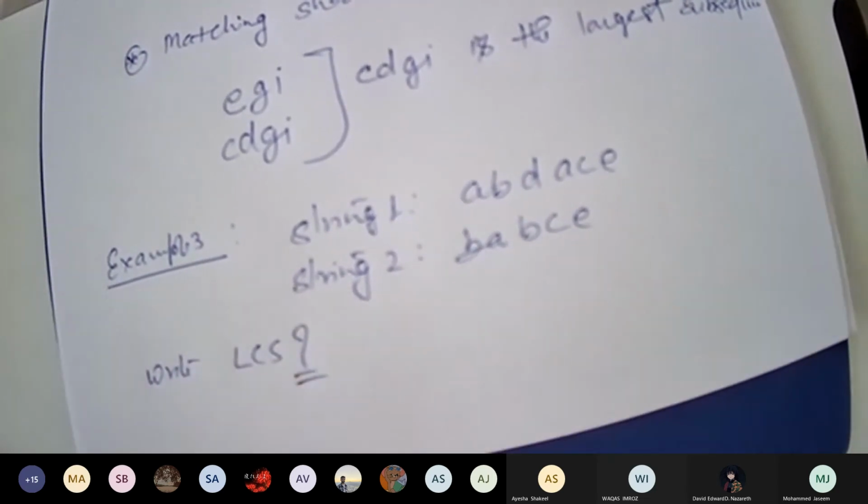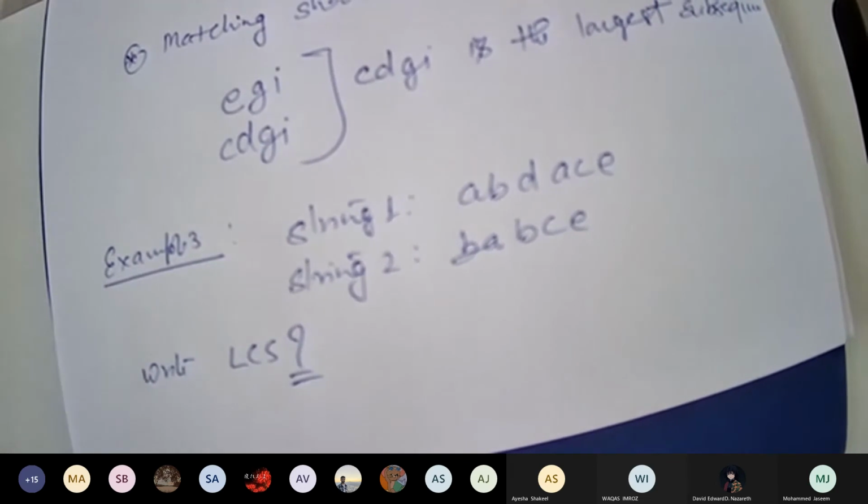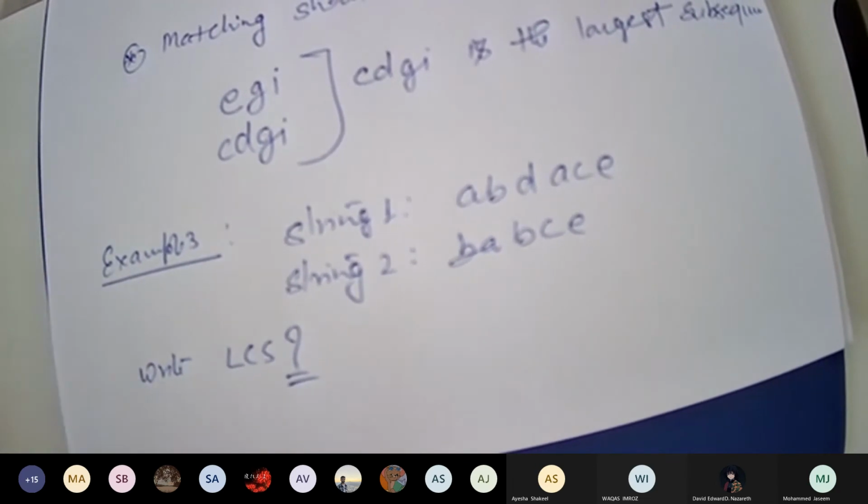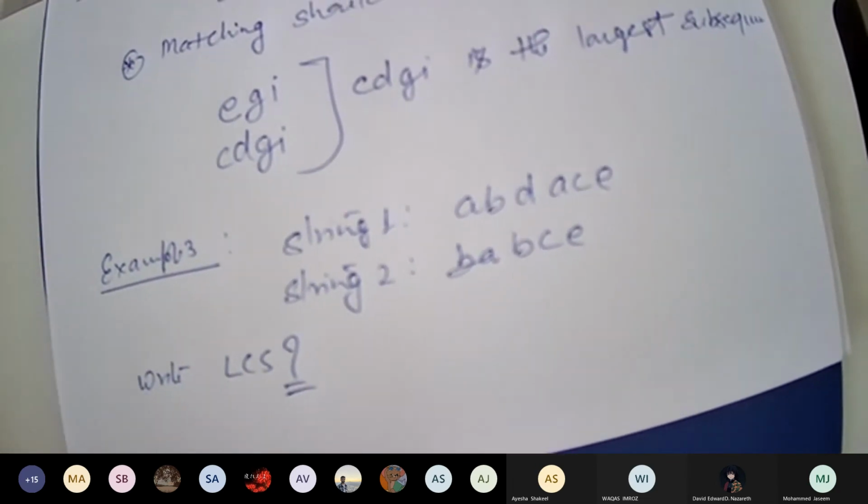LCS, longest common subsequence. Can anyone tell me? Just send your answer in the chat box. Waiting, do fast.